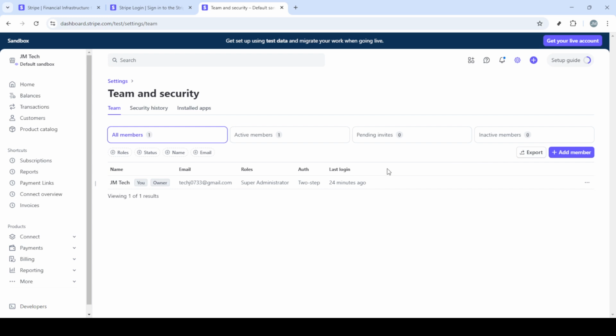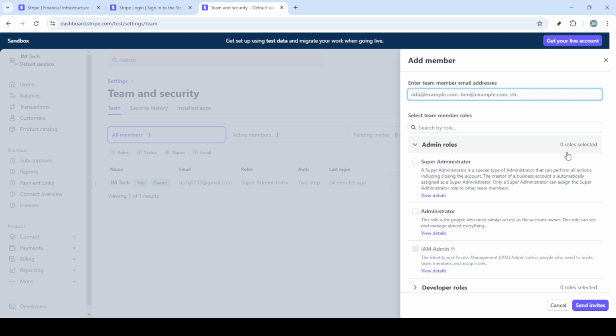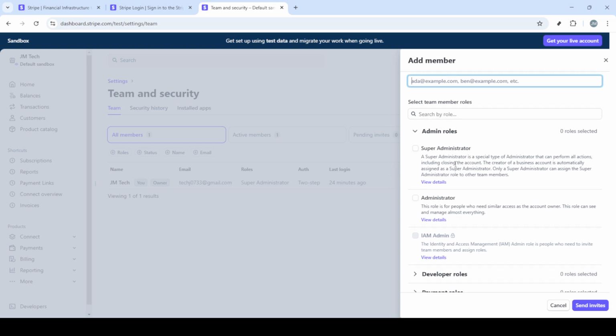Enter the new member's email address in the space provided. It's essential to use the correct email to ensure the invitation reaches the right person. After inputting the email address, you'll be prompted to select a role for the new member. Roles determine the level of access and permissions granted to the team member, so choose the one that best matches